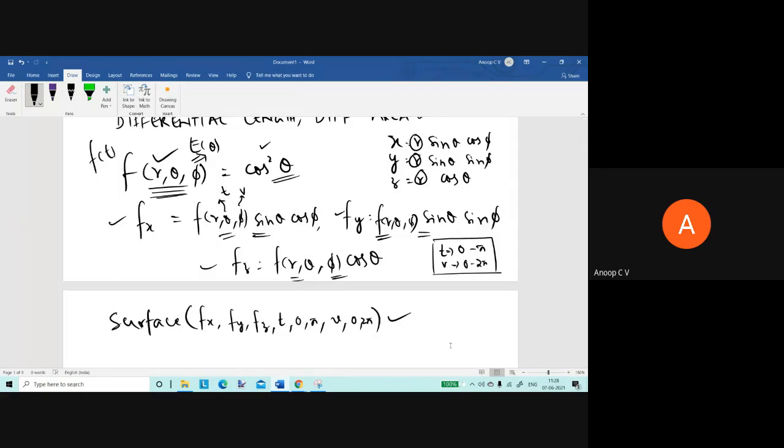If your aim is just to clear the exam, you don't have to bother about this. But if you really want to appreciate the concepts you learn, you have to try it out with all these steps. Then you will be able to clearly visualize. I hope all of you have taken it down.